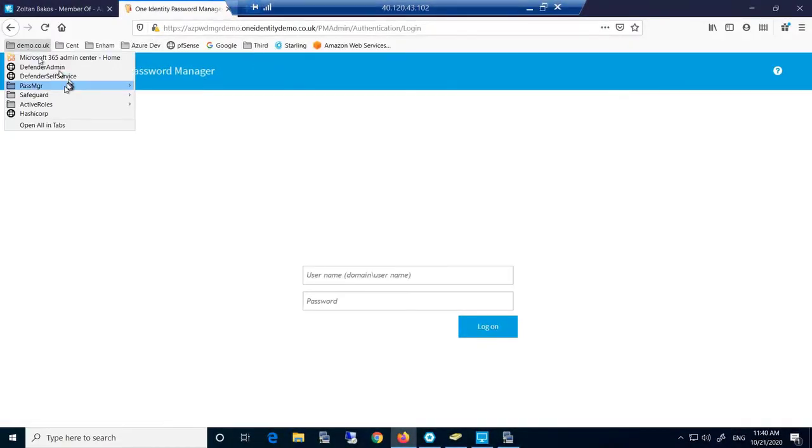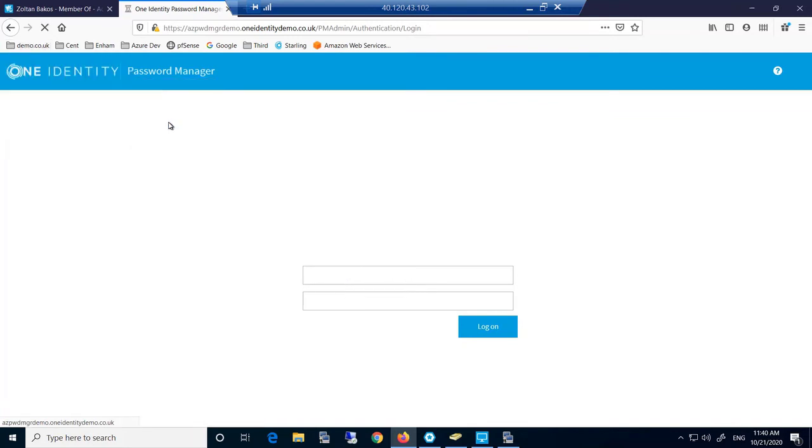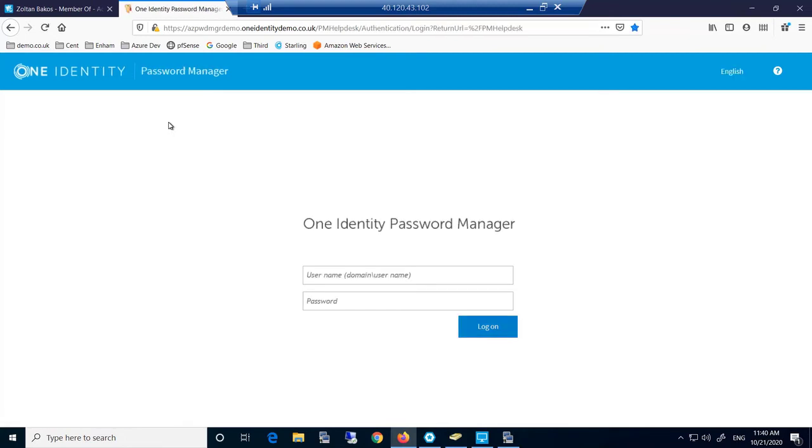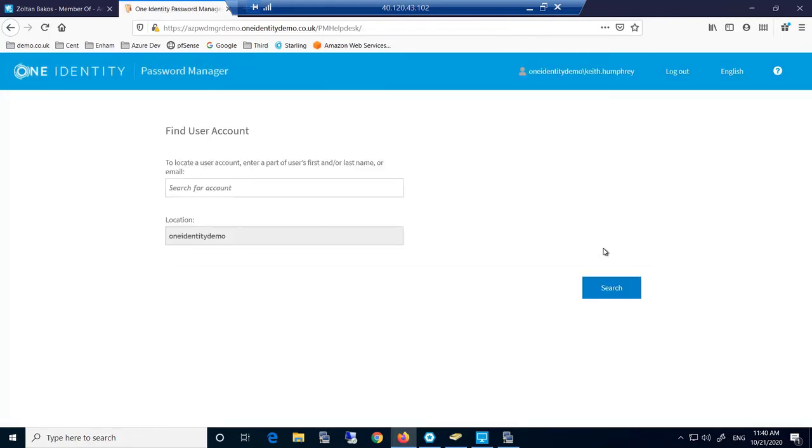And the final part of this is we're going to go into the help desk. I'm now going to log in as the help desk user. We always try to get our users to do the password self-service, but there could be situations where they still need to contact their help desk. So I've got my user Keith that sits on the help desk. Within here, this gives Keith the ability to search for accounts. So if I was to search for Zoltan,